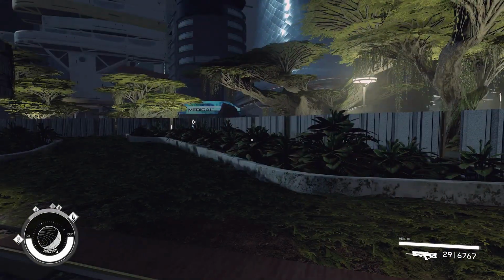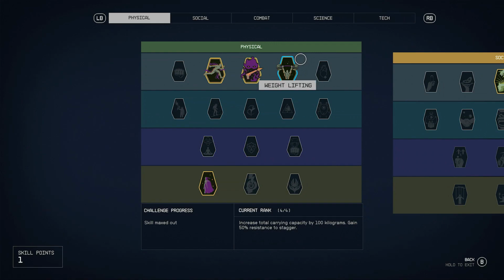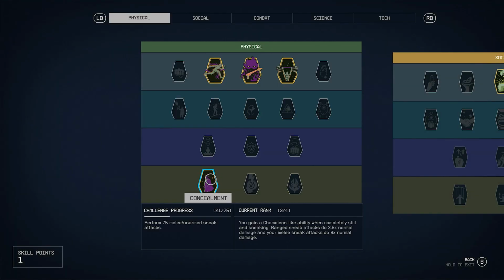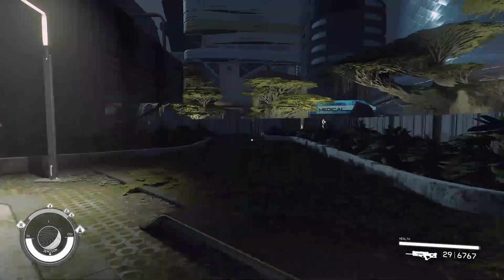But first, one of the things I wanted to show you, I've been leveling up a lot in the physical tree, so I can now carry 100 extra kilograms of mass, so that's good. I've got my stealth maxed out, I've got my fitness maxed out so I can run forever. But concealment, now this one is kind of a pain to level up, because in order to unlock the challenges you have to perform melee or unarmed sneak attacks. Now I don't know if you've noticed, trying to sneak up on enemies is a bit hit or miss, so I went looking for a better way,